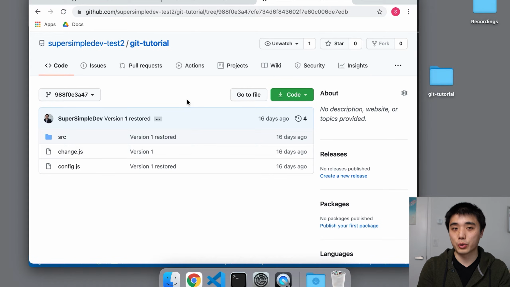So you can see that unlike Google Drive, GitHub is designed specifically for Git repositories. It gives you a lot of visibility into your code and how it's changing. And that's why we use GitHub instead of a generic online backup service like Google Drive or iCloud. That's how we create an online backup of our code using Git and GitHub. Next, we're going to learn how to create that two-way sync feature of Google Drive for our code.